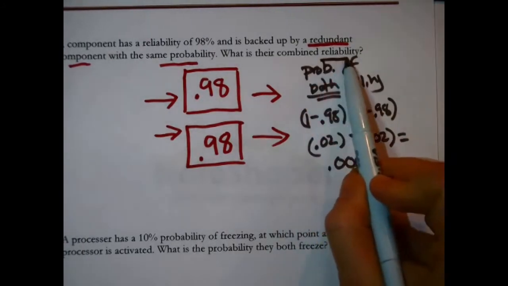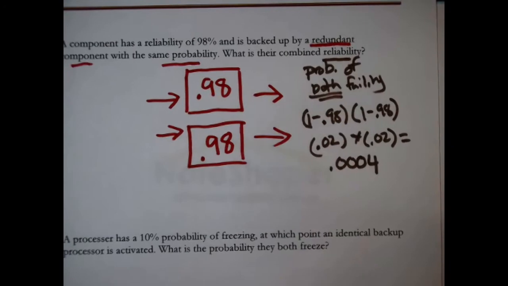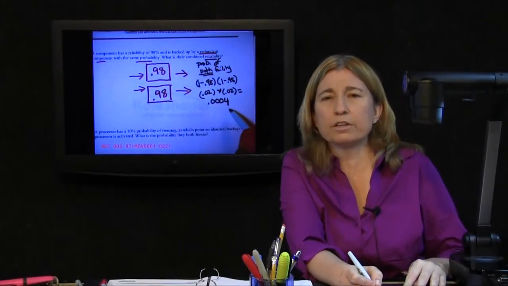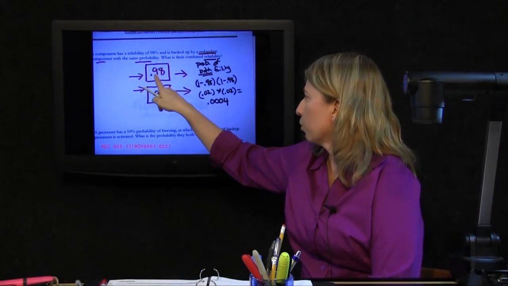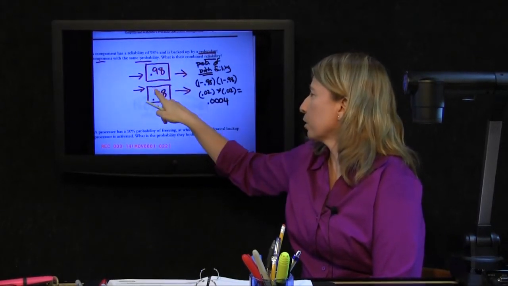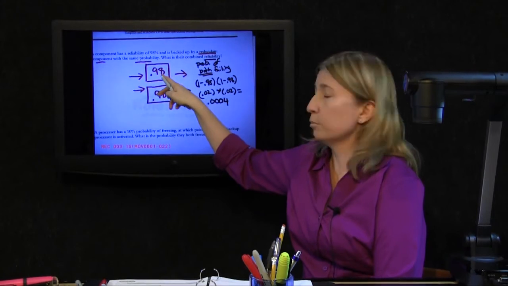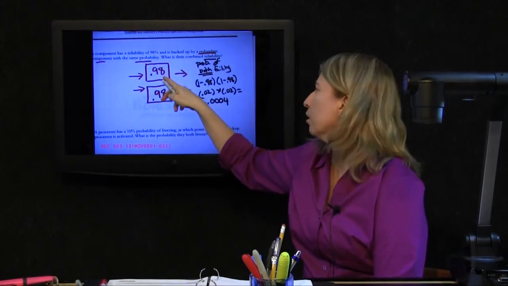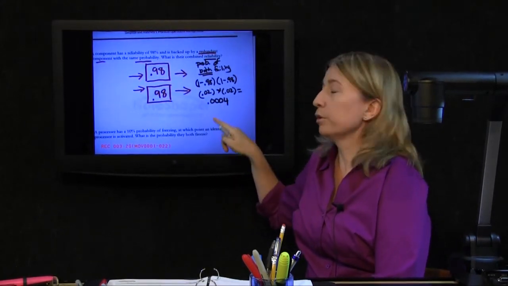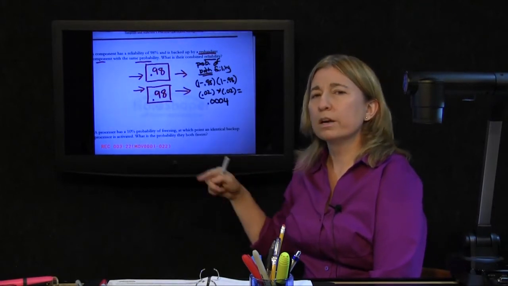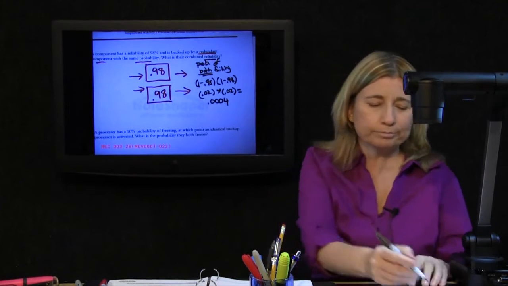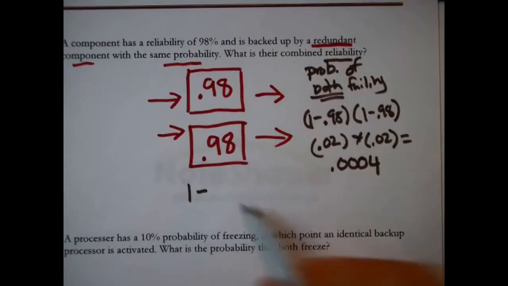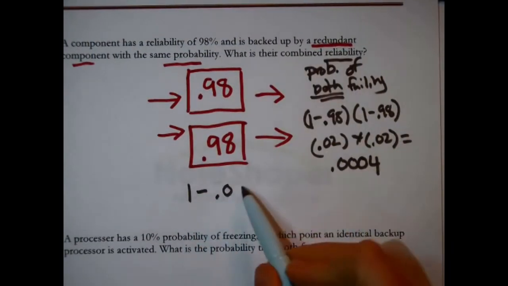Reliability is the probability of success of the system. So it's basically everything else, because either one works, or one doesn't work and the next one works, or they both fail. Ooh, that's an unlucky day. Okay, the probability that they both fail is 0.0004. 1 minus that is the probability of everything else, and that's performance. It would be reliability: 1 minus the probability that they both fail